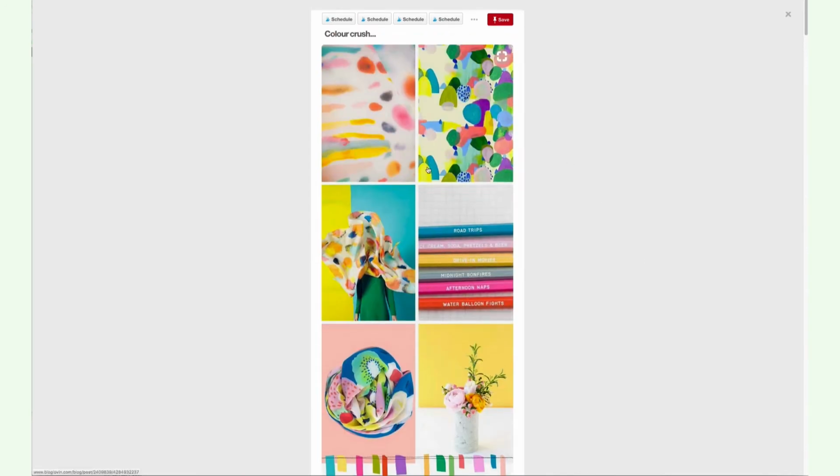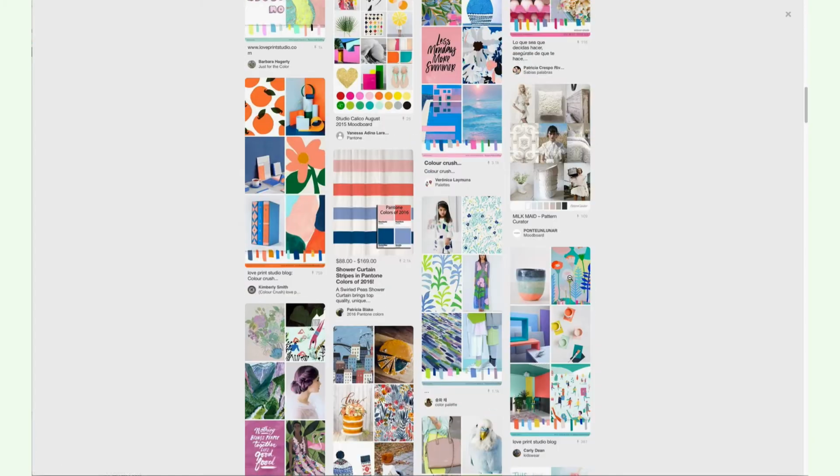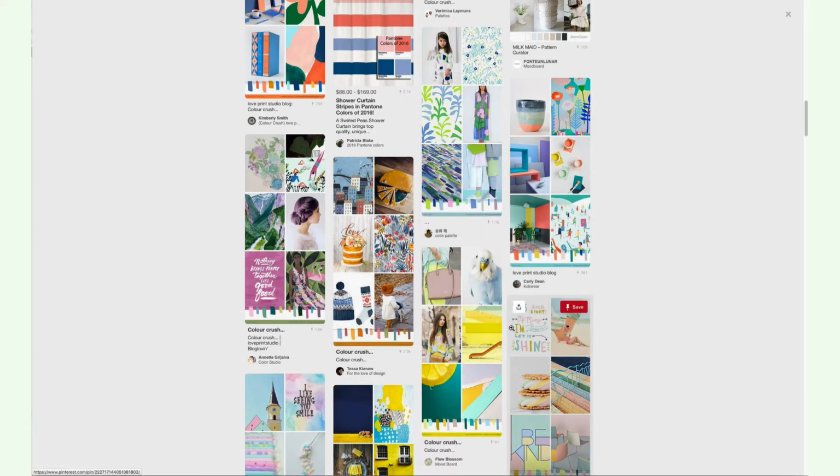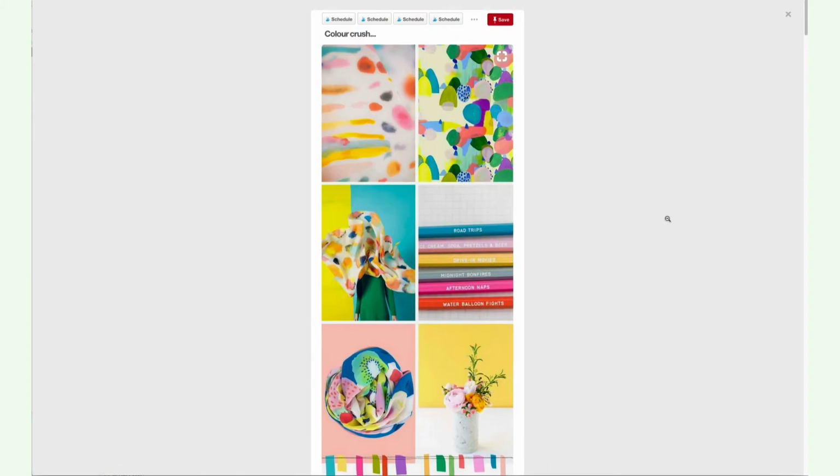So it's going to show me other color crushes basically when I go through here. You're not only going to want to pin colors, right? You're going to want to pin different things. So you can basically have a family that you're starting, like, okay, I'm going